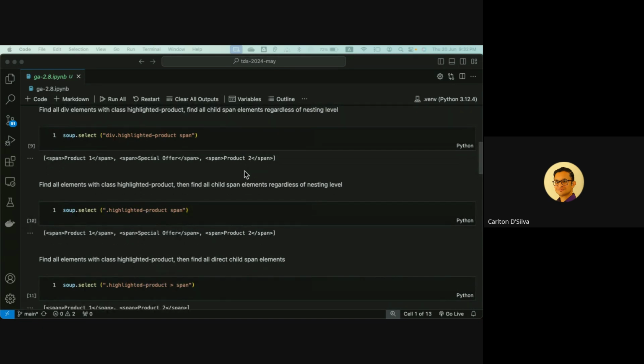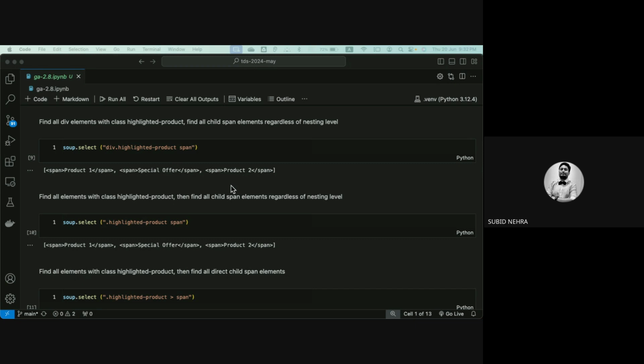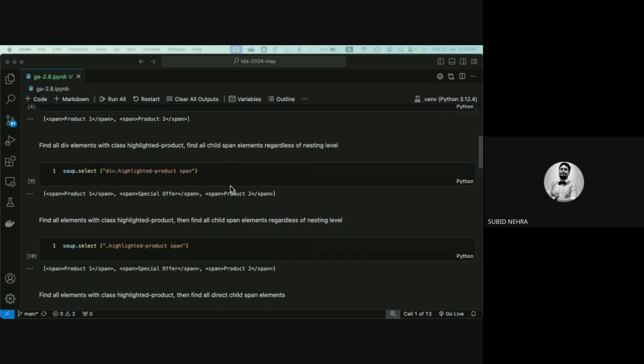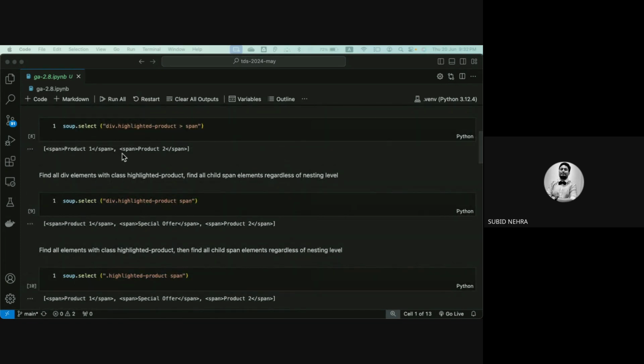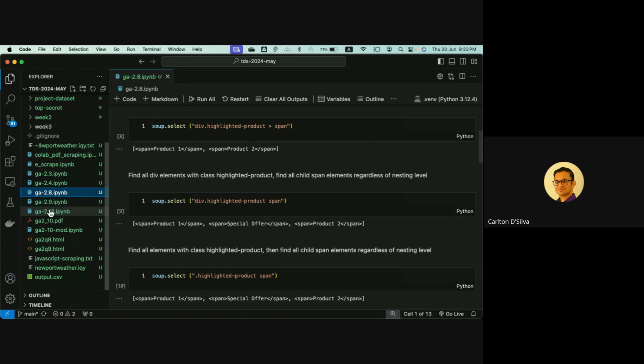Now let's look at that third option. Why was that not right? The second option will get all the children, right? Like we need product one, it will get product one and the second line also if it exists. Because these all, if I show you that HTML again,